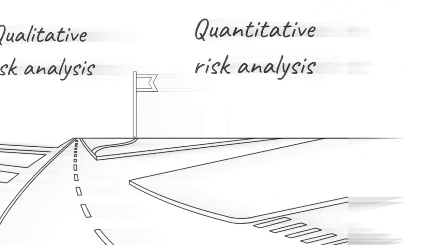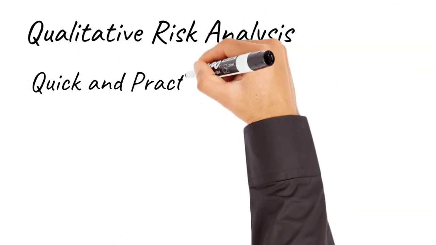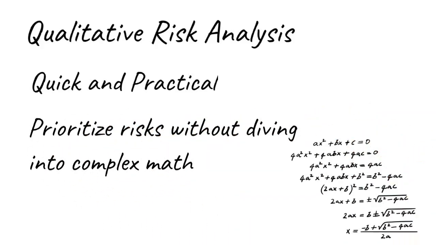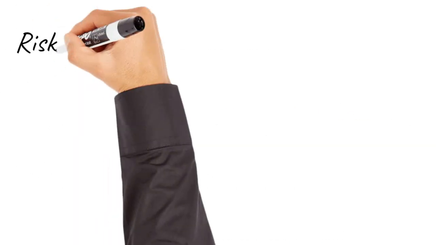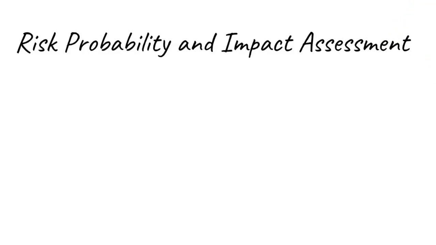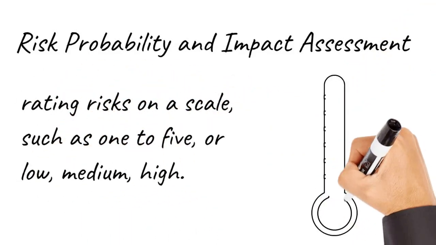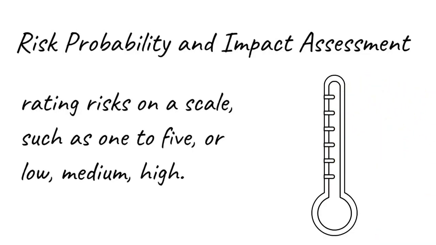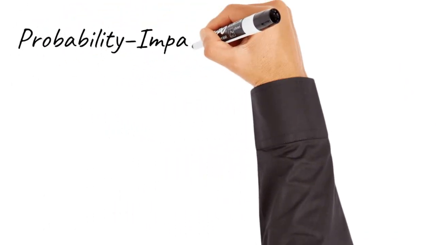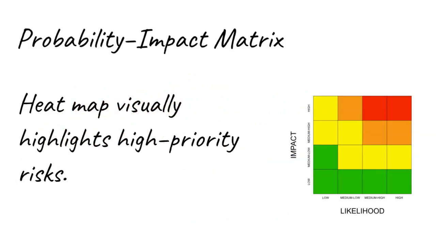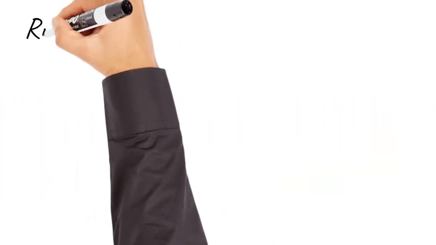Let's start with qualitative risk analysis. This is quick and practical. It helps you prioritize risks without diving into complex math. Common techniques include risk probability and impact assessment, rating risks on a scale, such as 1 to 5, or low, medium, high, probability impact matrix, also called a heat map, which visually highlights high-priority risks,